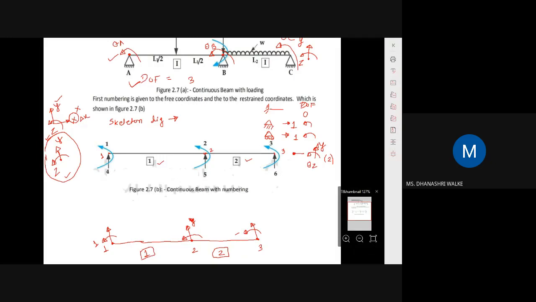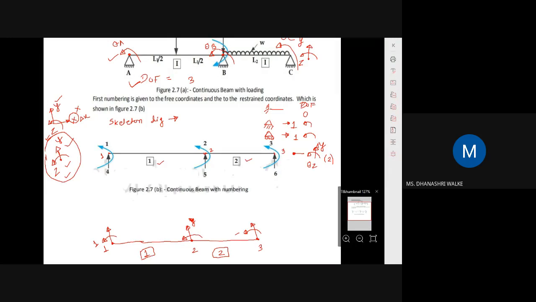Because this is a restraint, and it is a hinge support along y direction, there is a reaction. So it is restrained in this direction. X we are not considering. Only we are considering y and z. Y direction delta y and z direction theta z. Okay, so at node 1 or at node A, as there is a hinge support, 1 will be in the z direction. Okay, उसके बाद 2 कहाँ पे आएगा?